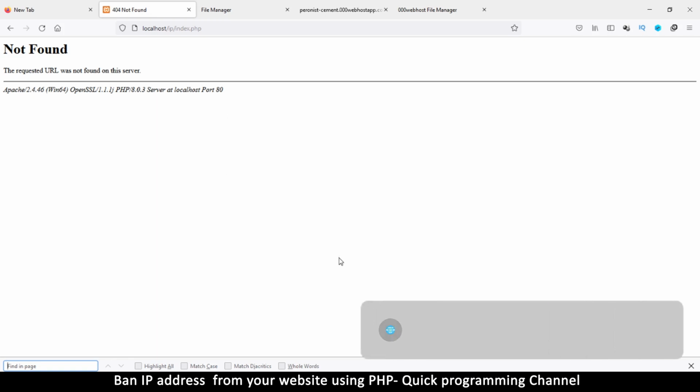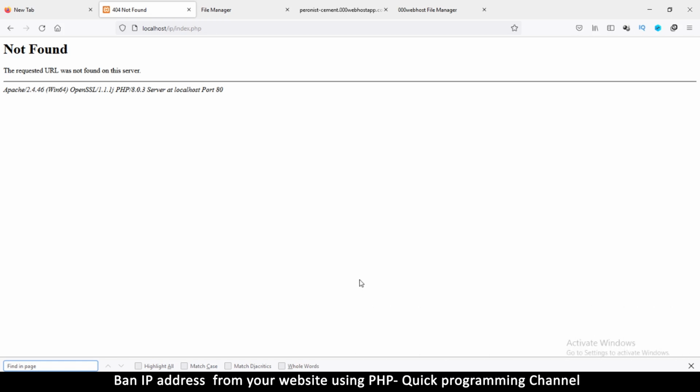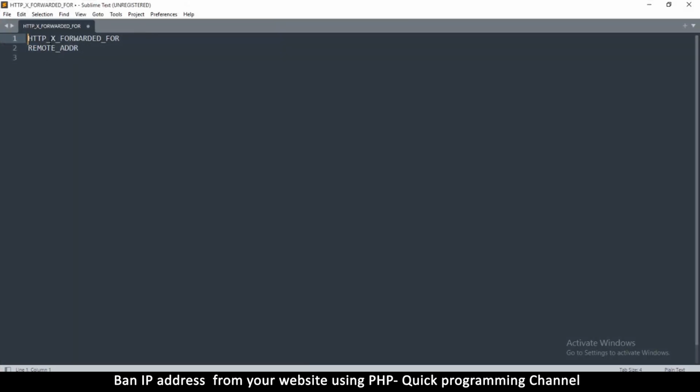in order to ban somebody, we have to be able to know what their IP address is. So in PHP, we can do that using the server to know what their IP address is. Okay, so let me come here and show you the variables that are required. We'll look at these two here, but let me explain a little bit why you would want to ban somebody's